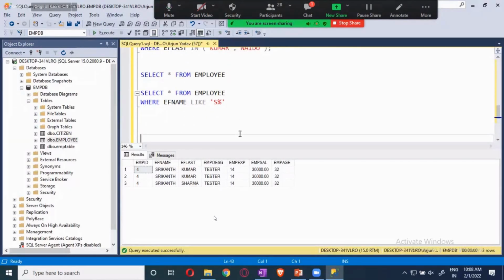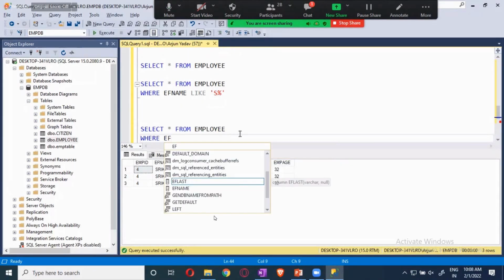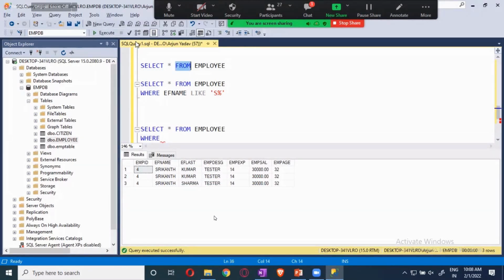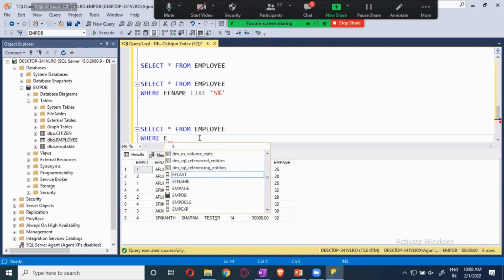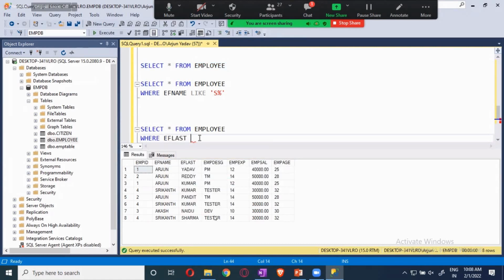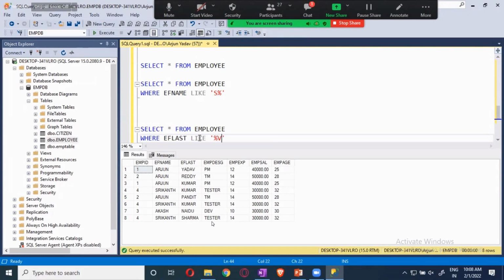Now I will give select star from employee where EF last is ending with, quotes, star, and I will give V. This is any word in the EF last which is ending with V. How many are there?